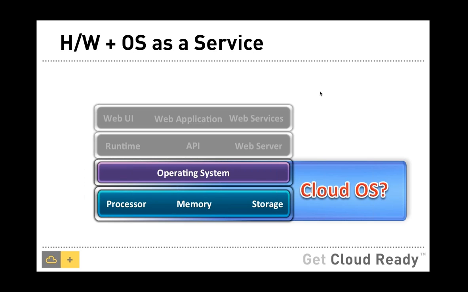So when the operating system and the hardware are exposed to you, that you cannot really see physically but you're still able to access, it is perfectly okay to call them a cloud operating system. So now, instead of renting physical servers, you are renting servers that you can't really see but they are remote, so they can be qualified as a cloud operating system.